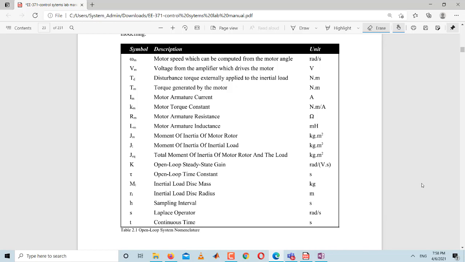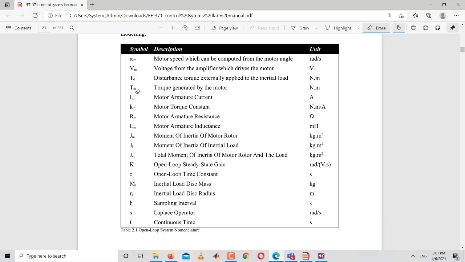Td is basically the torque produced due to disturbance, the disturbance torque that is applied to the inertial load. Do you remember that I showed you a picture in the last lab that there is a round disc connected at the end of the motor which moves with the motor. So if by applying external force, using our hands or some pen, to stop that rotating wheel or just to create hindrance in the movement of that wheel, we can apply external disturbance. Then you see there is torque generated by the motor. So for disturbances you will see D written in the subscript, and for motor you will see small m written